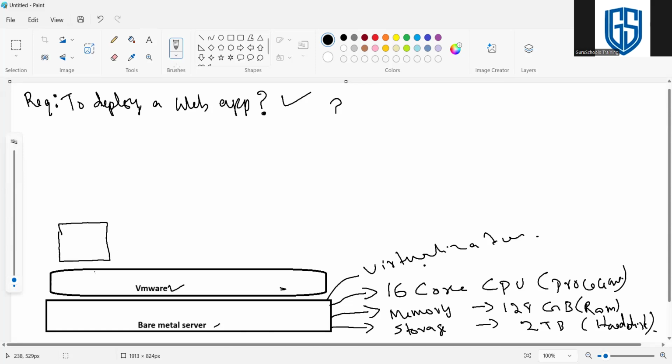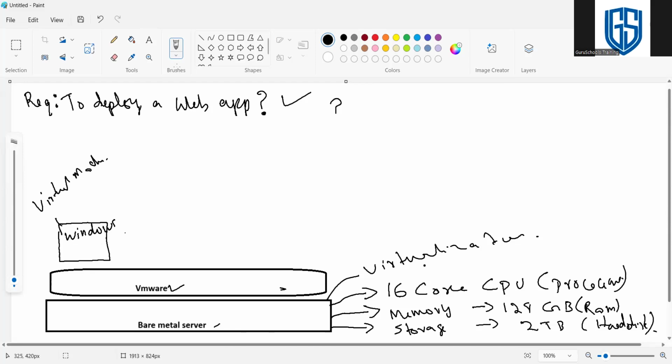So we install the first VM. Here, after the virtualization tool, the machines that we install on the bare metal we call virtual machines. The first virtual machine is Windows. These are as per the requirement. For example, if the requirement is to install 2 Windows and 2 Linux, we follow the requirement.